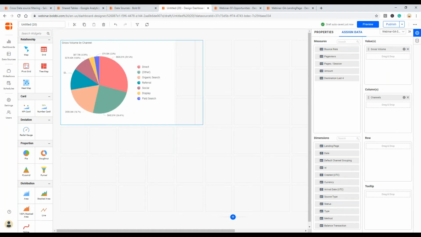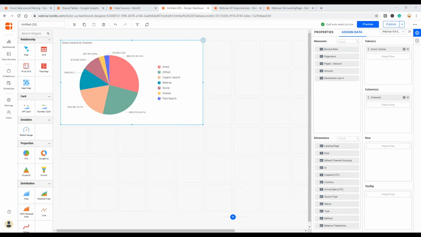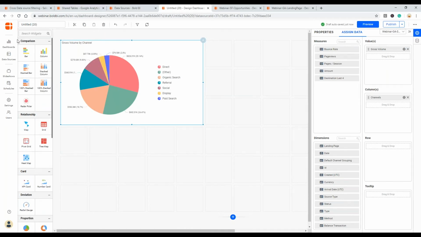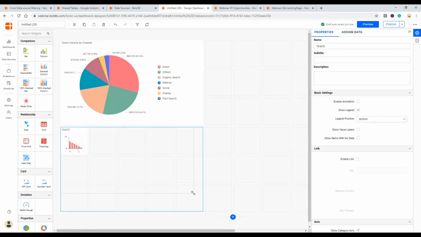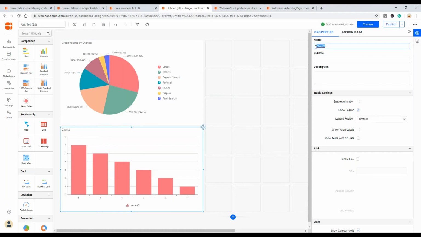Yeah, that's great. And coming to the top 5 landing pages, I'm going to use the column chart from the comparison format. Let me name it top 5 landing pages by revenue and page views.